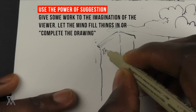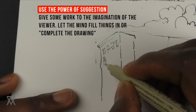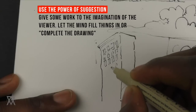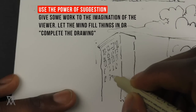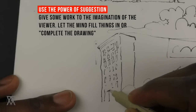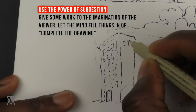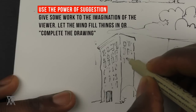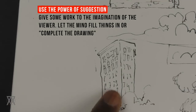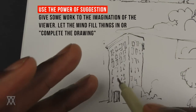So even like with this, all I have to do is suggest a particular pattern. If I suggest a particular pattern, the brain will take care of the rest for me. See, notice what I'm doing? I don't have to finish these. There may be a door, to say there's a huge door down here, and at the sides, I don't have to. And when you draw like this, it makes it a lot more fun, because you're saying so much without saying much, but you're saying a lot. This can be much more expressive than having a drawing where you're focusing on